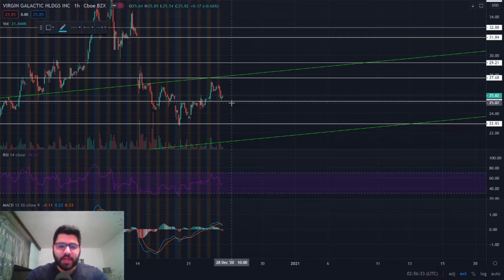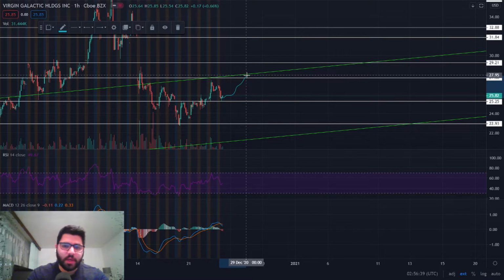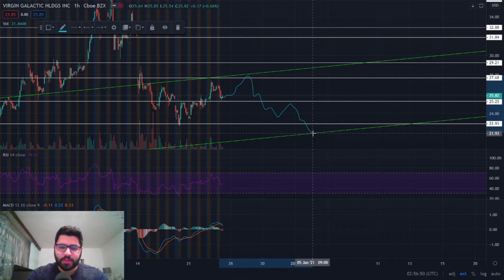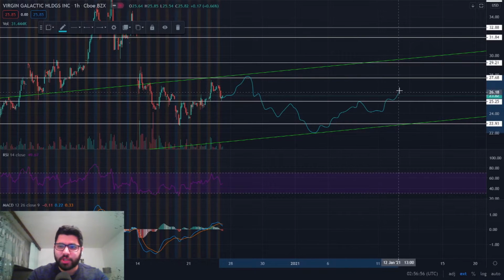Now, obviously, it doesn't happen right away. I think we can potentially have another bullish rally towards the $27.9, something like that, before coming back down gradually to the 23.5, potentially going back to the 25, and then gradually climbing down to the $22. Here we should be bottoming out and then start to rally to the upside substantially, potentially reaching back to $28,